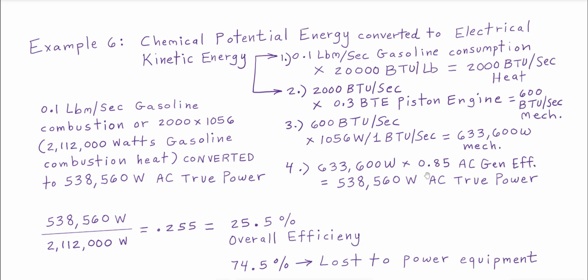Most AC electrical generators are 85% efficient. So this then gives us 538,560 watts of AC true power, or AC electrical true power. So 538.6 kilowatts of AC electrical true power is harnessed by burning 0.1 pounds per second